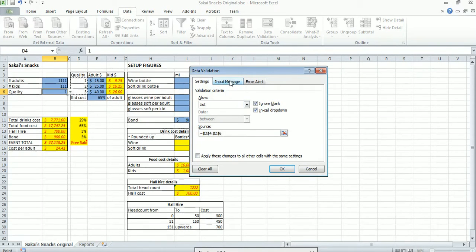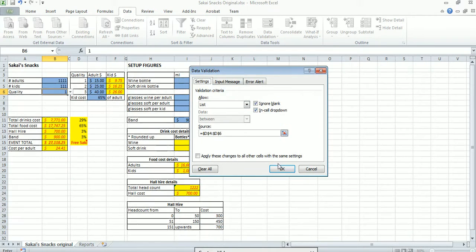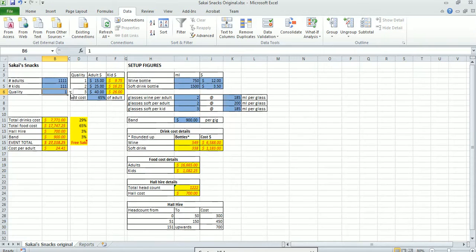And another thing that I can do is click in an input message. If this cell is selected, I could show an input message. I'm not going to do that. And I can also have an error alert, to show an error alert after invalid data is entered. I'm not going to change this message, but you can put a custom message if somebody types in the incorrect information. I don't mind the normal message, but if you find the normal message doesn't suit your needs, you can certainly do that. So if I click on OK here,